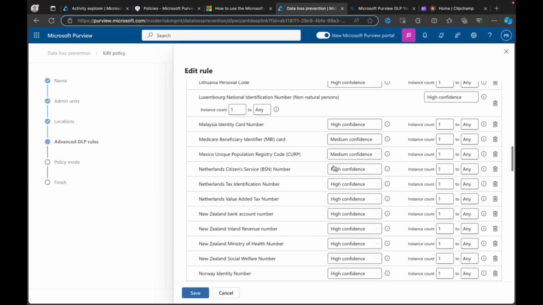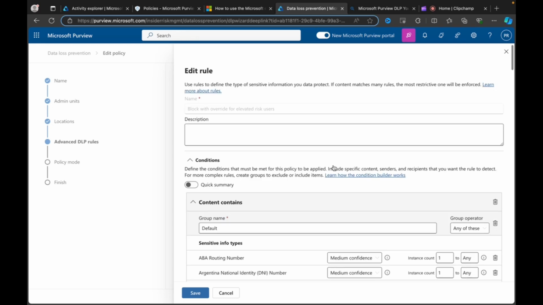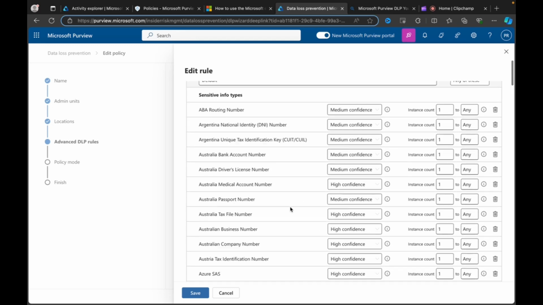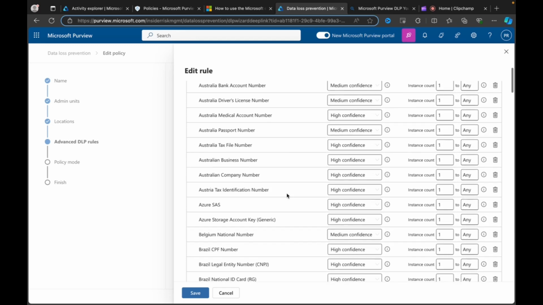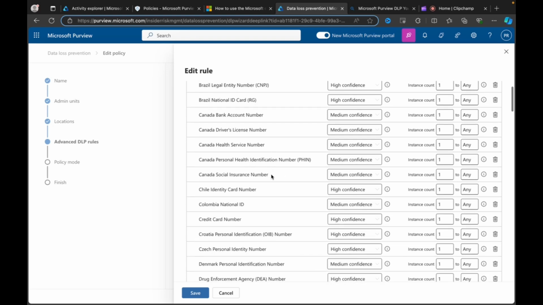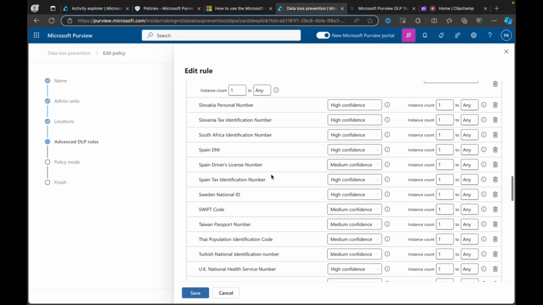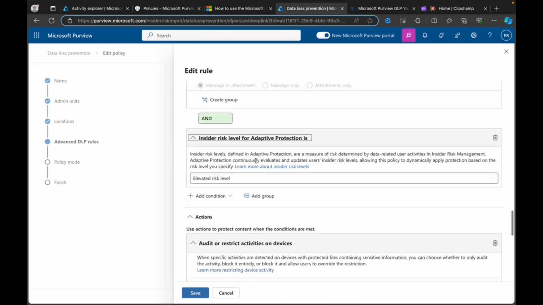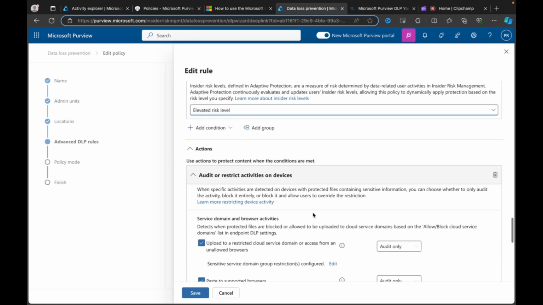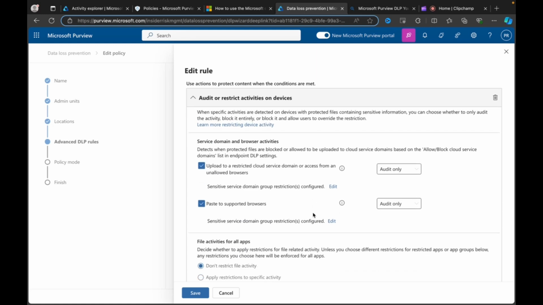Again, what have we got? Let's go to the very top, and we've got a ton of stuff in here this time. We've got loads of sensitive information types to try and detect content that may be in users' files on their OneDrives or Teams or SharePoint or wherever, or in their emails. And if it matches that content, and there is a ton of that stuff in here, and the insider risk level for adaptive protection, again, is the elevated risk level, then what we're going